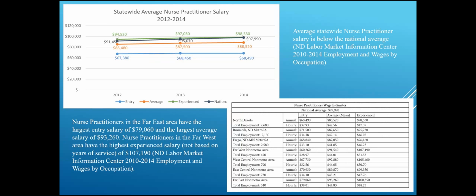For the average nurse practitioner's salary, they fare slightly better in that their experienced average at least is over the national average, although they are also below the national average for entry and average. And in the case of nurse practitioners,